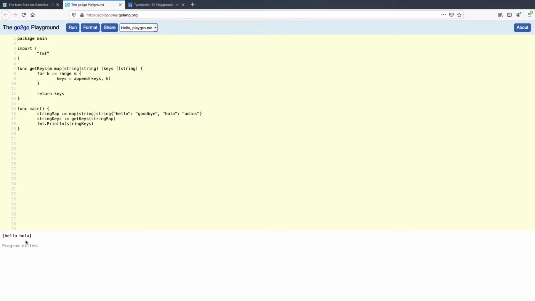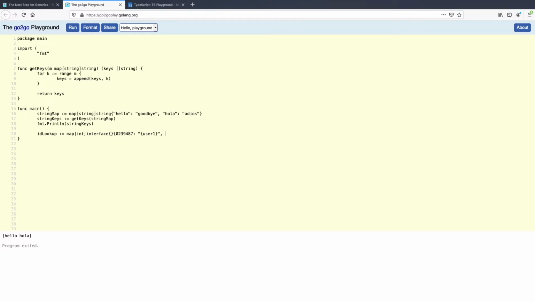You can see it's managed to extract keys. But if I had a different kind of map, for example, our ID lookup again, let's say it's an integer to just an interface for now, whatever. And I can say let's just pretend that's user 1, whatever.